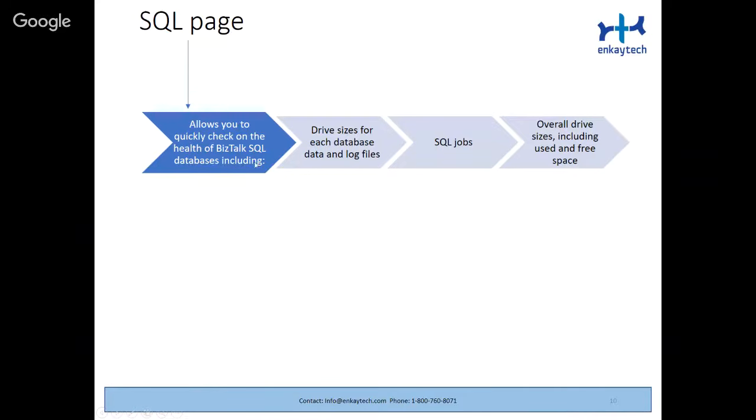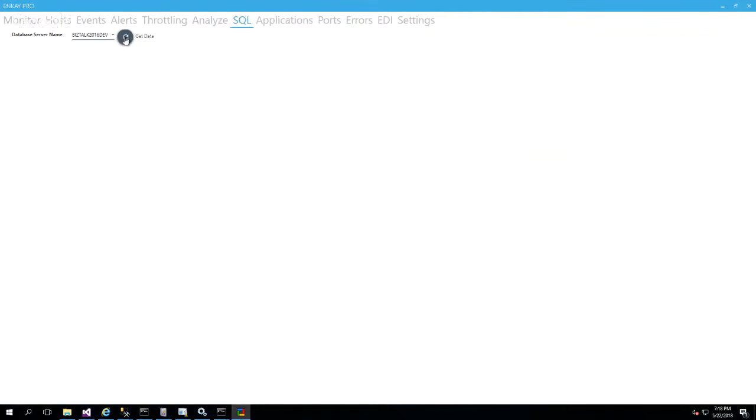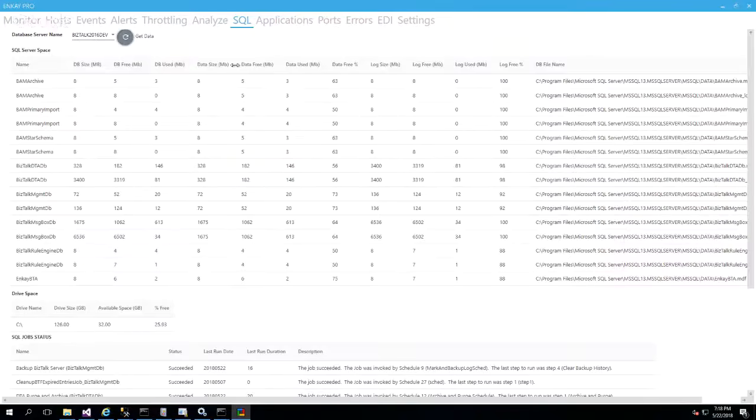Here, it tells you the health of your BizTalk SQL environment, databases, drive sizes, how much free space is there, health of SQL jobs. All of this information is available on the SQL page. So if I go to SQL and get the data from my SQL server, here you can see that you very quickly